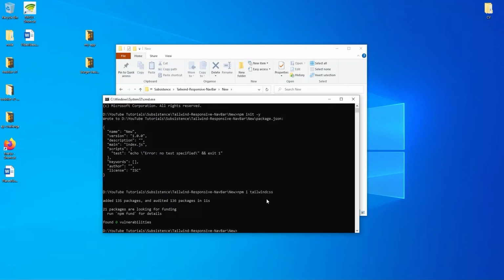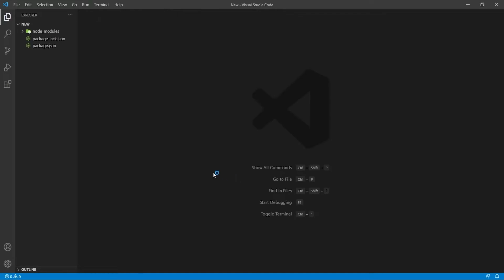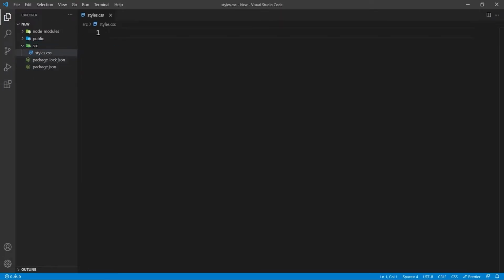Okay, once installed, I'll launch up my source code editor of choice. I'll be using VS Code. Obviously you can use what you want. And inside we will create two folders: the public folder, which will contain all of our front-end files, and the source folder, which will contain our source style sheet that Tailwind will take in to its compiler, and then the